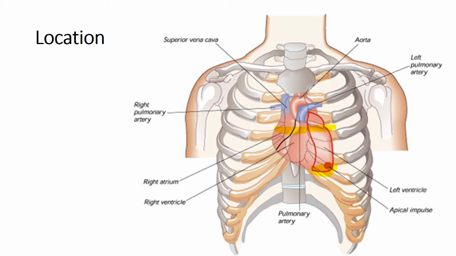Okay, so the base of the heart होता है that is upper side, it is made up of the posterior surface. It is basically formed by the atria. यहाँ पे atria है, right atrium, left atrium. So the base is formed by the atria, and this tip, that is apex, it is formed by the tip of the left ventricle. So the apex is formed by the tip of the left ventricle, while the base is formed by the posterior surfaces of the atria. I hope it is very clear.